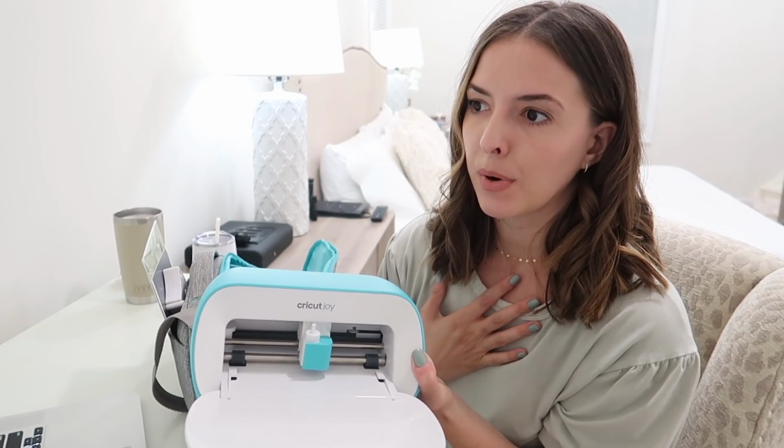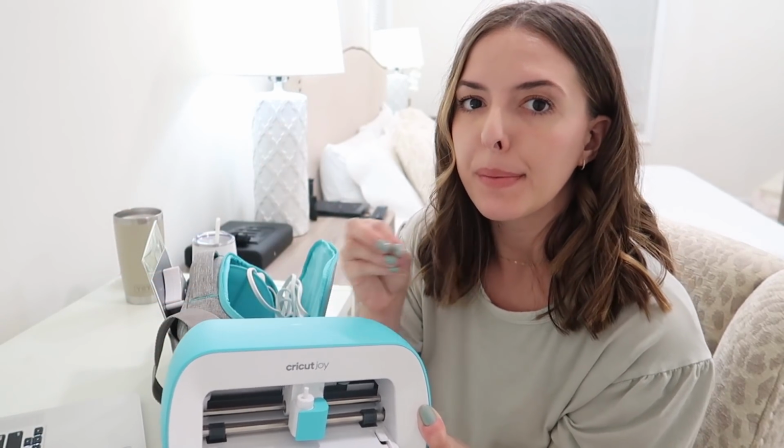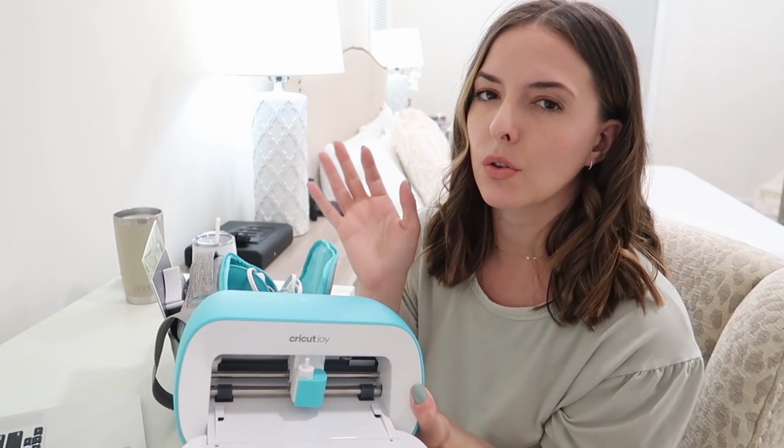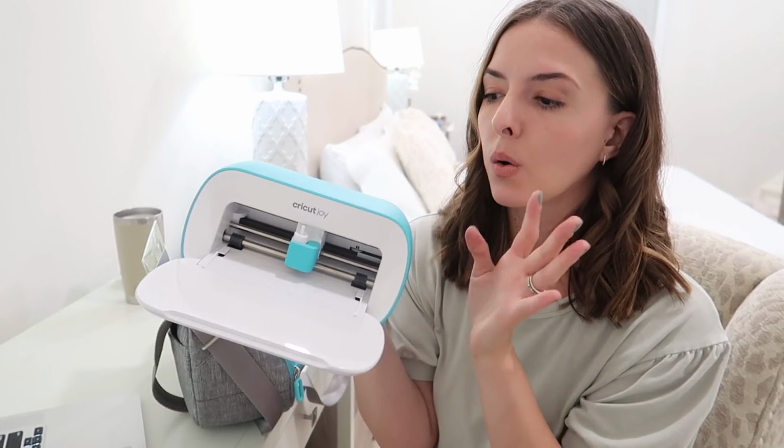I feel like myself, I'm probably gonna use it the most to make things like mugs, or to make the kids little t-shirts. And if I had a baby, I would be making little baby onesies and things like that. So there's iron-ons that you can use, but a bunch of materials that can be used with the Cricut